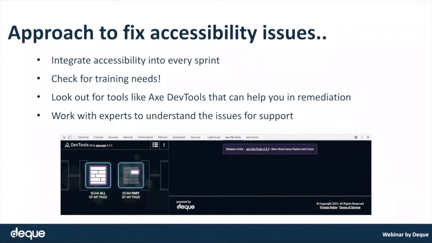And to get to a stage where you are able to identify manual issues and move towards a potential fix, the team doing it, which is the development team, the design team, the testing team, all of them should be trained on accessibility. So one important goal is to find out the accessibility training needs within the organization and get people the training they need to eventually fix the accessibility issues that get identified. And then